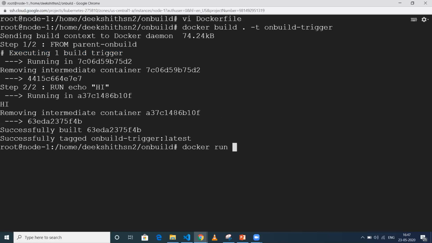Now just to confirm, we will do docker run, and the image name is on build trigger, and I'll give -it. Then I'll do an ls on /usr/src.